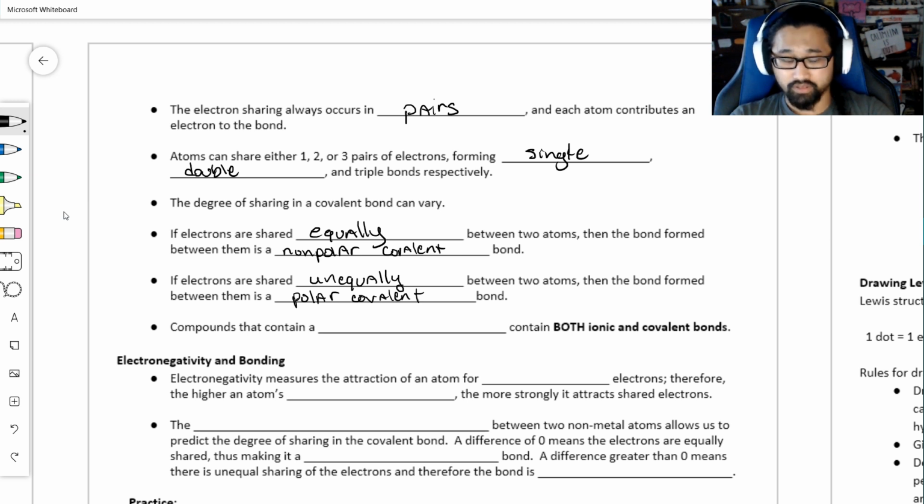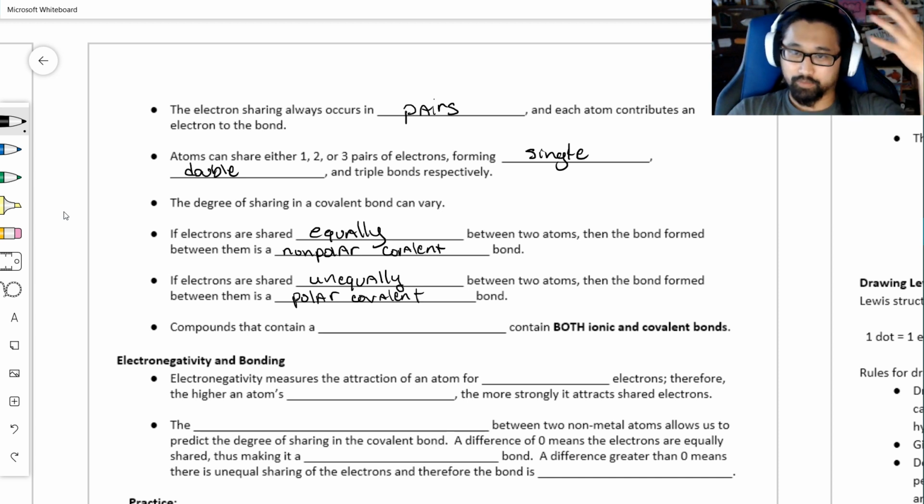Which means that it doesn't have poles. When we talk about something being polar or non-polar, it either has poles or it doesn't. I feel like the only time I've ever heard polar outside of chemistry is talking about a polar bear. Polar bears live at the pole, either the North or South Pole. I don't remember which one. I know penguins live at the South Pole. I want to say polar bears also live at the South... No. Polar bears are definitely at the North Pole, because there are polar bears in, like, Iceland that get trapped on ice. Anyway,